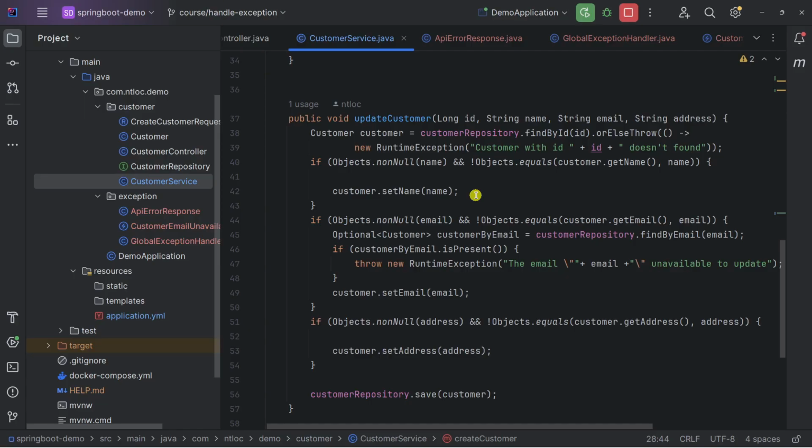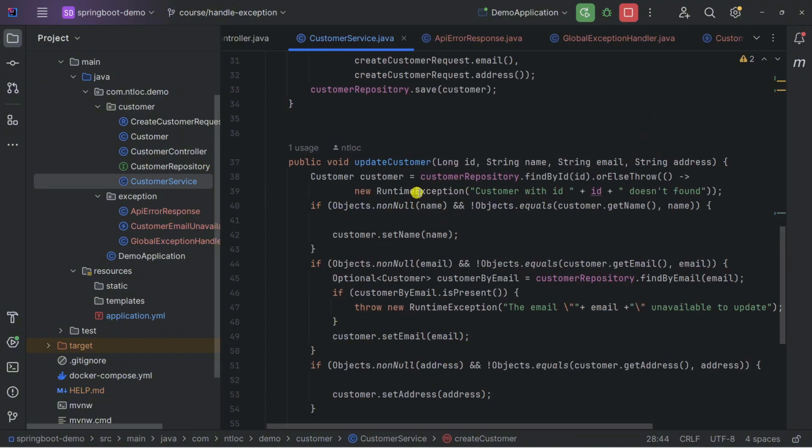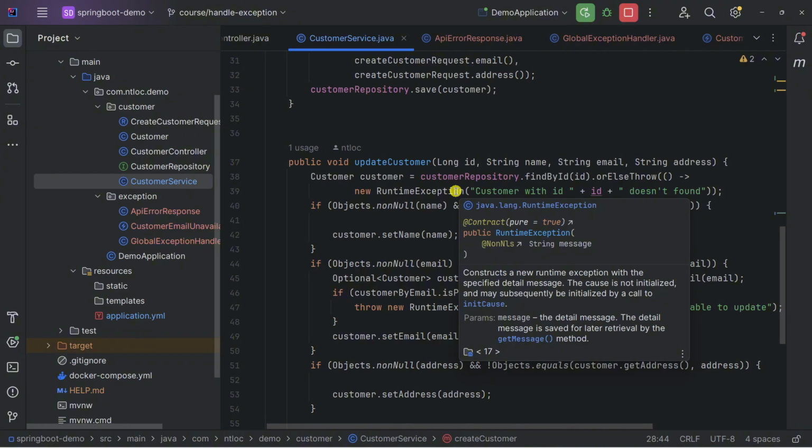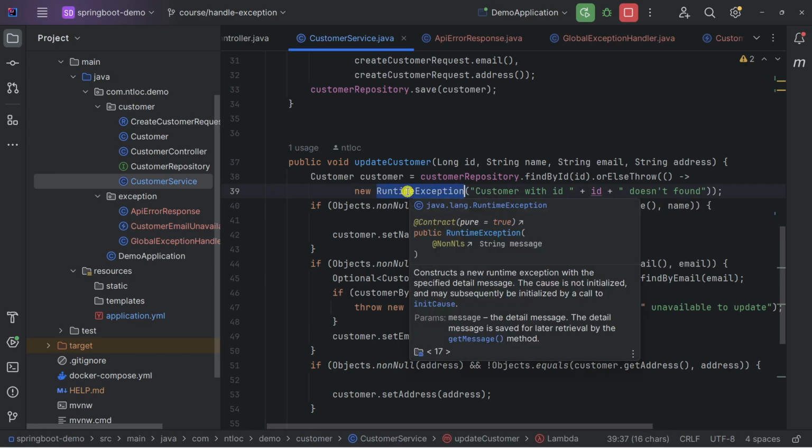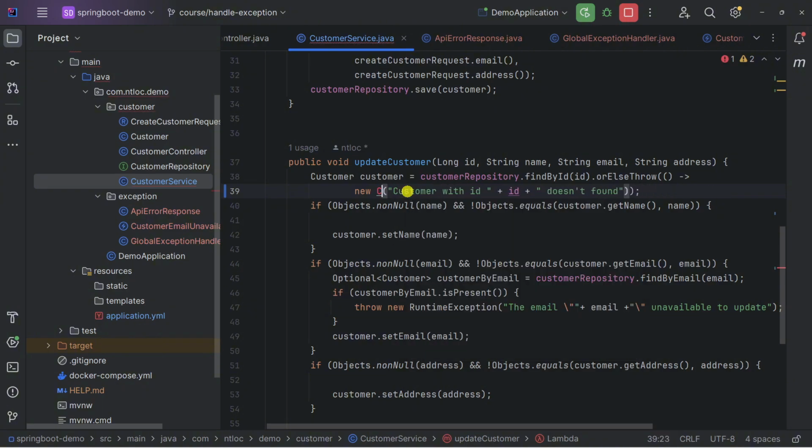Now within IntelliJ, let's refactor the update customer method because this method has some exceptions that need to be handled. The first one is the runtime exception indicating that the customer with the ID is not found. Let's refactor this runtime exception class. Instead of runtime exception, I would like to change it to customer not found exception.